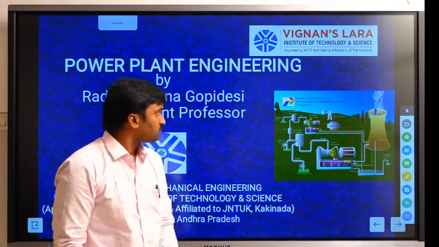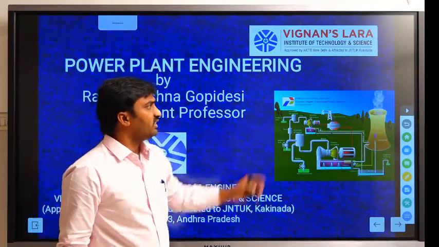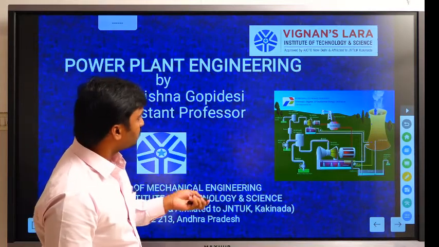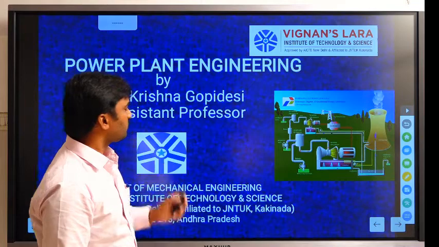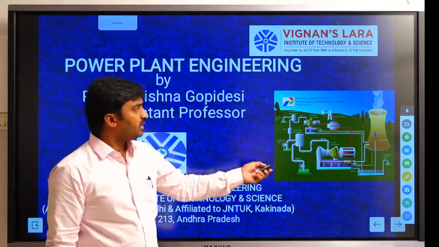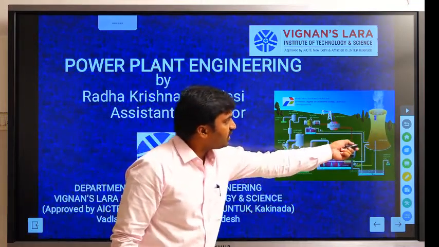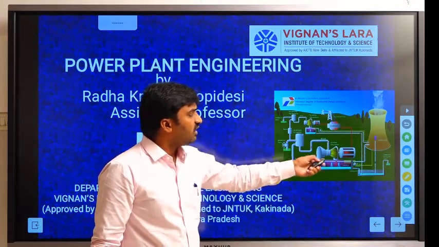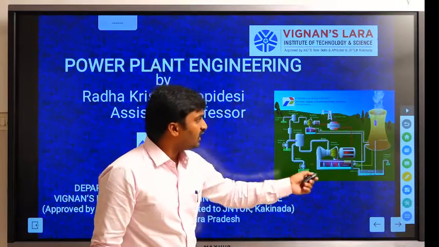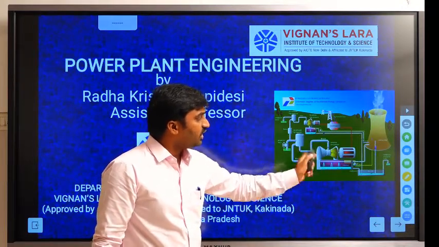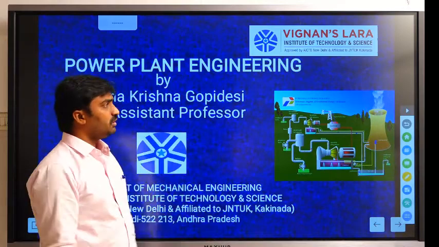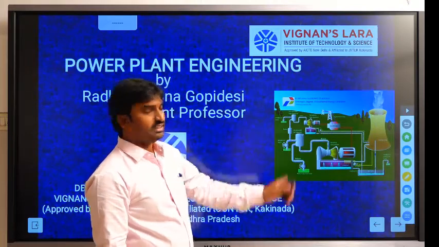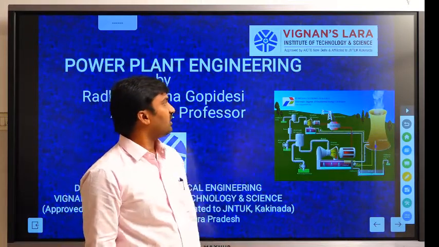Just see here, one of the power plant operating techniques is shown here. These are the main important components. The first thing is the boiler. This is the boiler concept, and the next one is the turbine, and this is the cooling tower. The turbine is connected to an alternator. So these are the minimum things to generate electrical power by using different techniques, and especially this is the geothermal energy source.